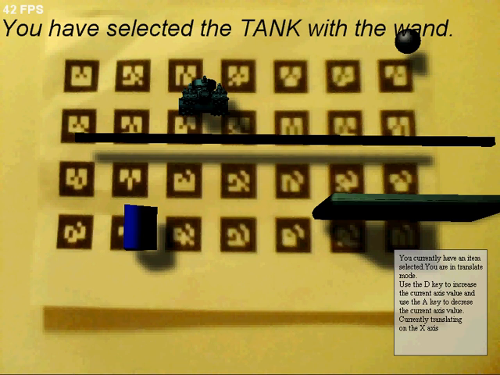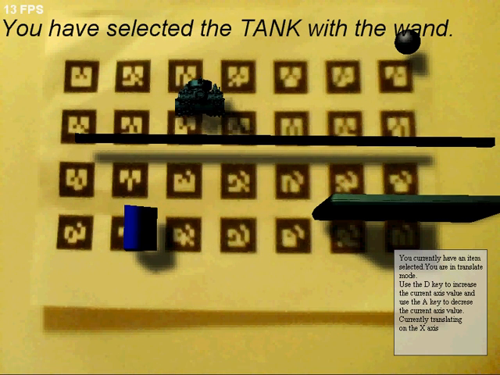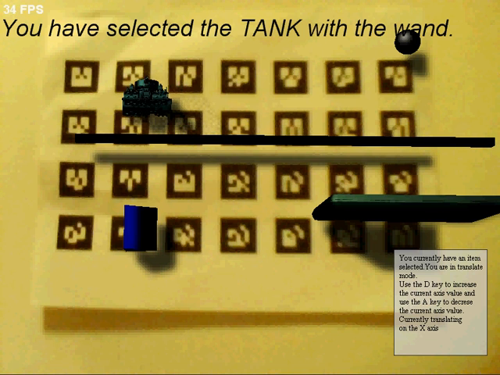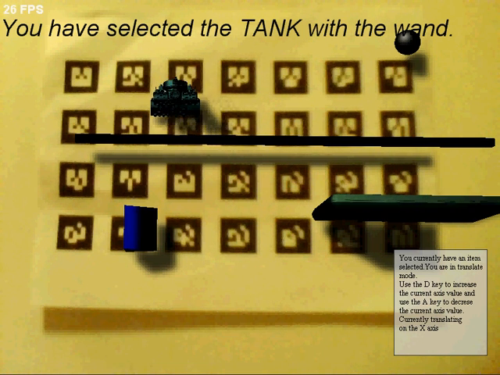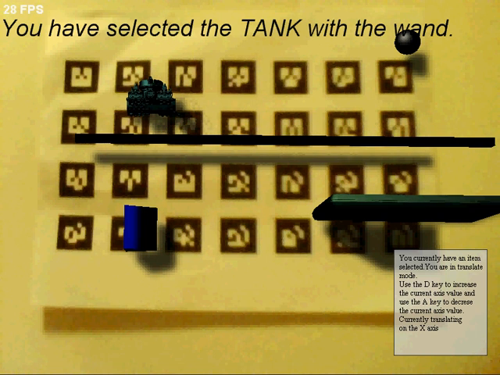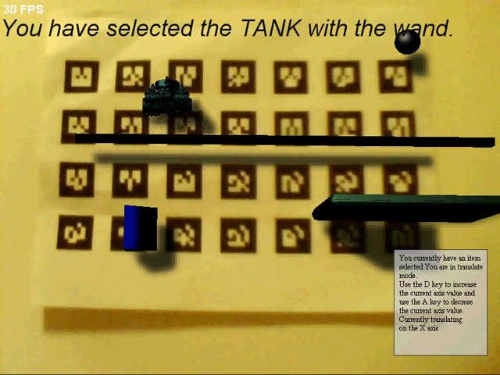So now I will show you what this program allows you to do with the objects. As you can see with the instructions in the corner, you are in translate mode, and you can use the A and D keys to move the selected object to a certain position. Right now, the tank is being moved on the x-axis. So if we want to change axes, all we need to do is press the space bar. And as you can see, the